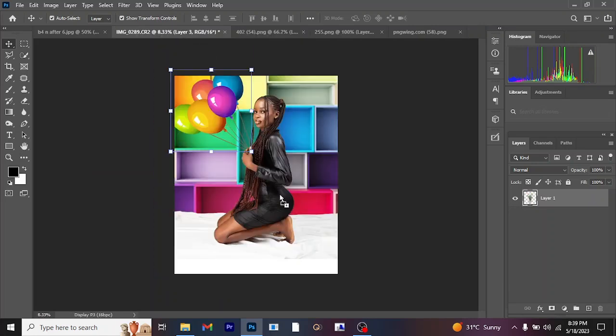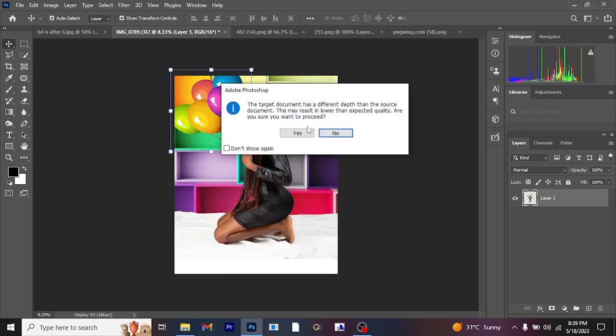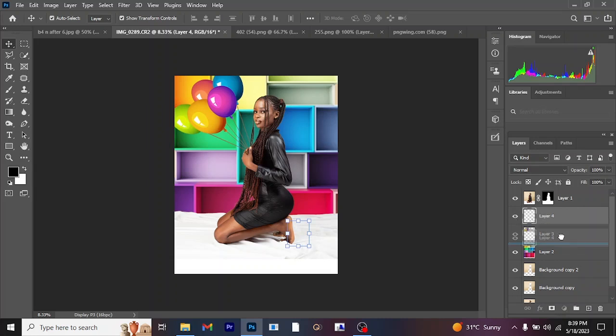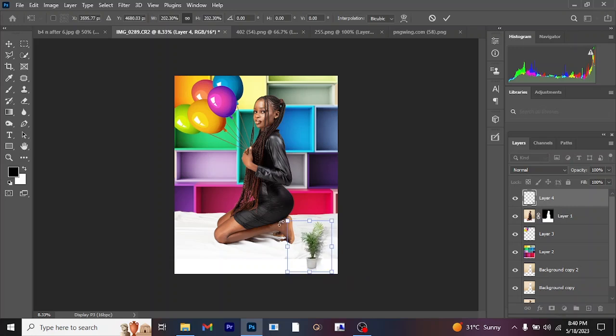Let me just drop it here as well. The reason why I love using this flower vase is because it has its own shadow underneath it. You can see our flower vase is not showing, so that means I have to drag it up, on top of our model. I have to drag it on top of my model layer, and just expand it